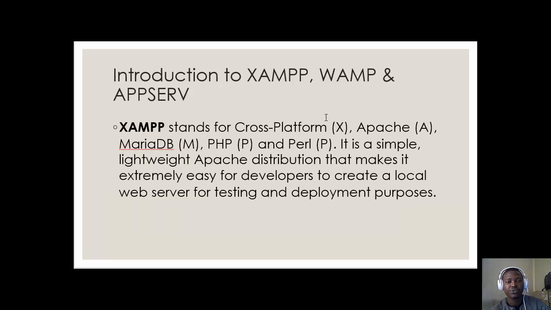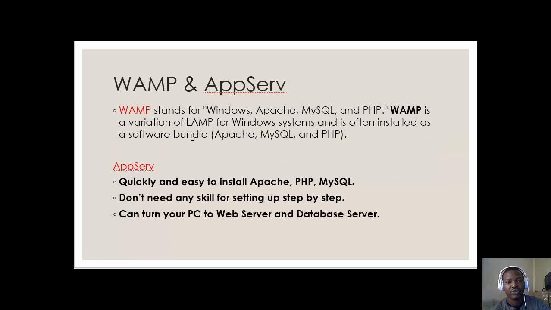So let me quickly introduce you to XAMPP, WAMP, and AppServ. These are Apache flavors. XAMPP stands for cross-platform, that is X. A stands for Apache, M stands for MariaDB, P stands for PHP, and the other one stands for Perl. It is a simple, lightweight Apache distribution that makes it extremely easy for developers to create a local web server for testing and deployment purposes. So XAMPP is what we are going to work with, but let's talk about other Apache